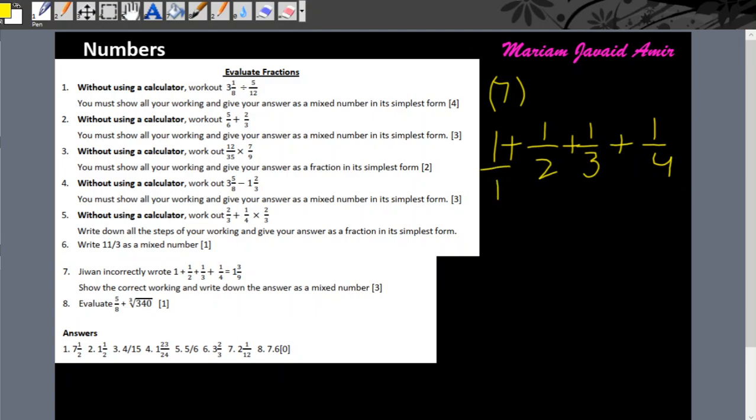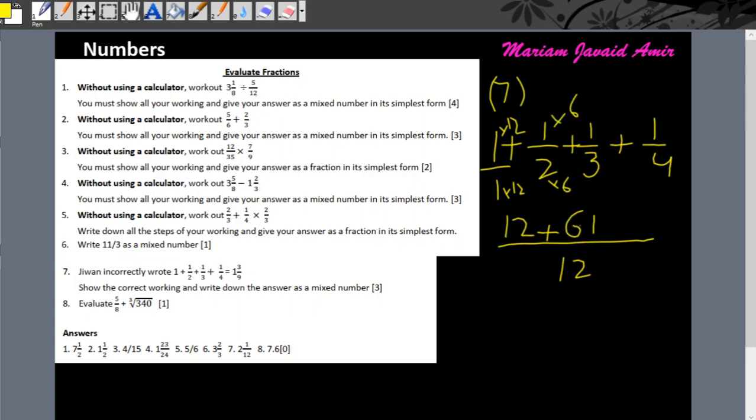Let's make this 1 over 1. So the LCM of 4, 3, 2 would be 12. Okay, so we need 12 in the denominator, so this gets multiplied with 12 and this gets multiplied with 12. So in the numerator we have 12 plus, then this gets multiplied with 6 and this gets multiplied with 6